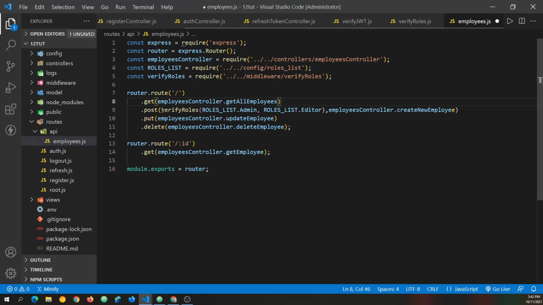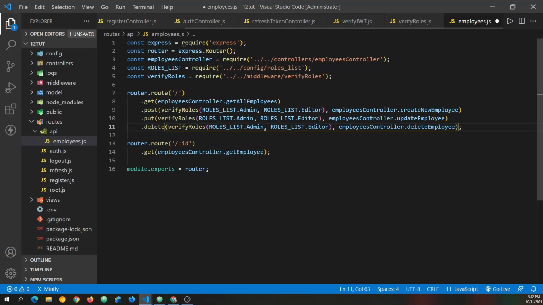Okay, then I'm going to copy the verify roles that we just added here. And looks like maybe I'll put a space here. And then in put, I'll do the same thing and add the space. But now in delete, let's say only an admin can delete anything from our database. So we'll save that, which gives it just a little bit of a change. So now everyone can access the get route, but the post route should be limited to any user that's an admin or an editor. The same for the put route, but then the delete route could only be used by